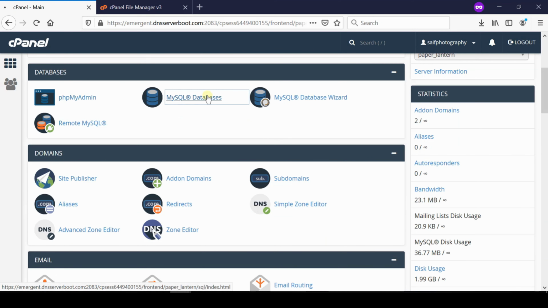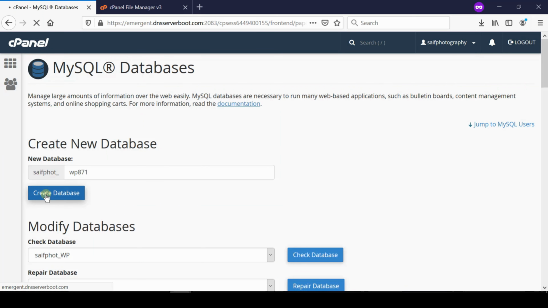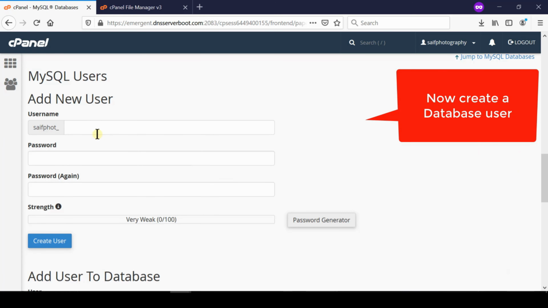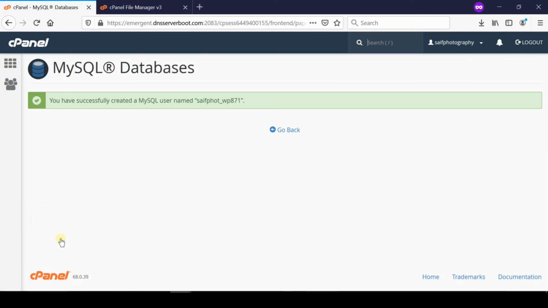Now, go to the MySQL Database section and then create a new database here. You can create a new database with any name. Make sure you remember the name of the database that you are creating. Now, create a database user, enter a password for that user, confirm the password and then click Create User. In this way, a new MySQL user will be created.